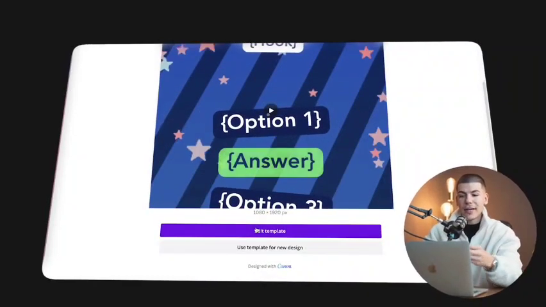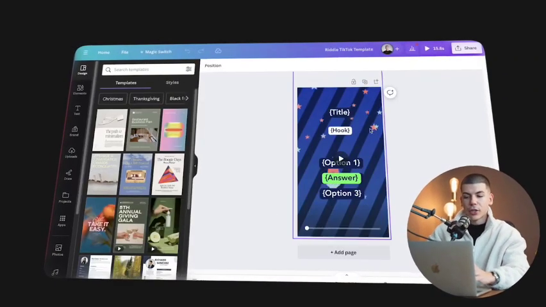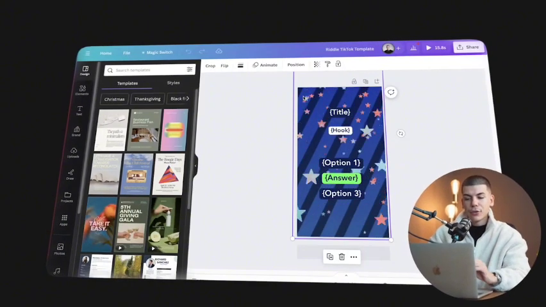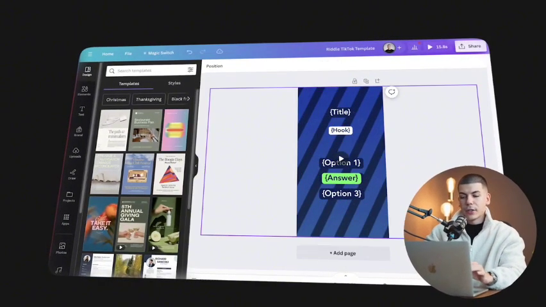Description below, so you can just click on edit template, and that's gonna open up this reel over here that you can fully customize. Now, to change the background, if you don't like this one, you will just have to